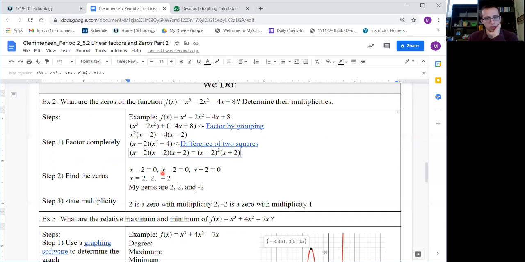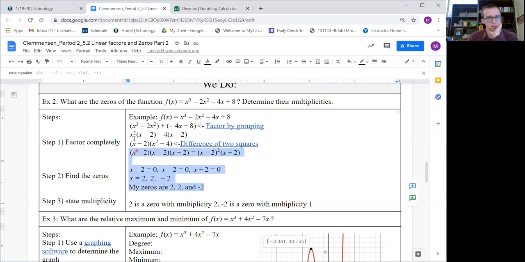We've gone over how to do this last class, so this shouldn't look too unfamiliar to you. It should be pretty understandable. This is the new section down here. So don't get bogged down too much with this stuff up here; we can have plenty of time to go over that stuff. For now, the new stuff is when I have my zeros, have my answer like this, I can take those zeros and talk about them with multiplicity. So before this would be our final answer, now we're adding on another step of talking about them with their